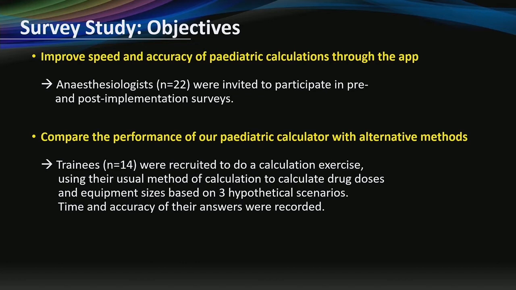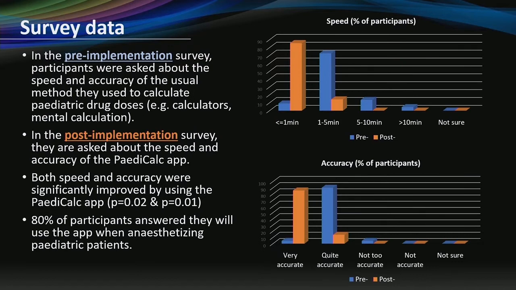without using the app. In the pre-implementation survey, participants were asked about the speed and accuracy of the usual method they use to calculate pediatric drug doses. In the post-implementation survey, they were asked about the speed and accuracy of the Paediatric Calculator app. So on the upper graph, you can see that in the pre-implementation survey, users would typically use around 1 to 5 minutes to calculate drug doses, whereas in the post-implementation survey, they would only use less than 1 minute to